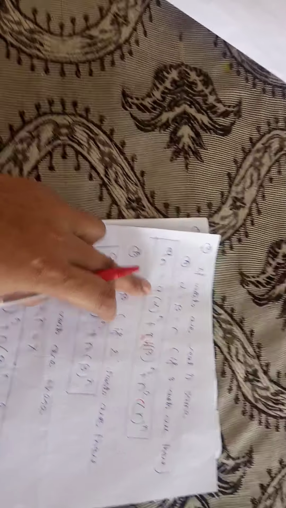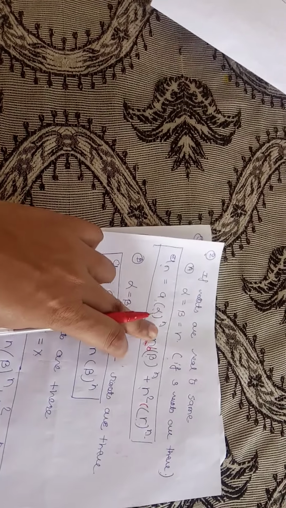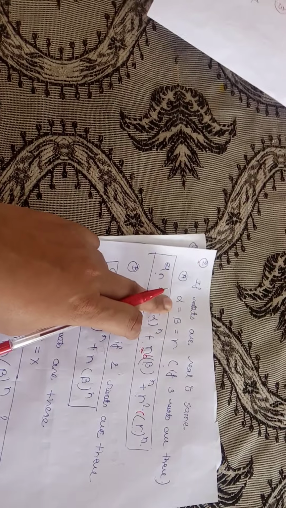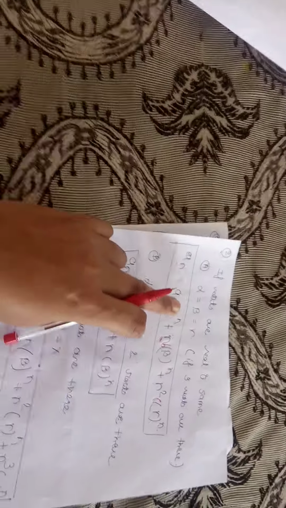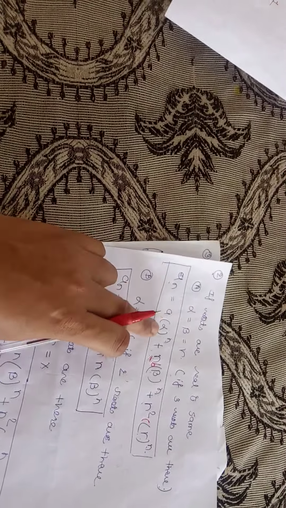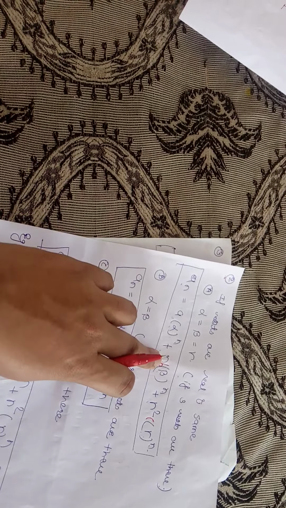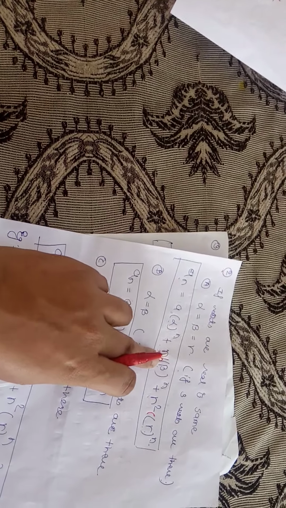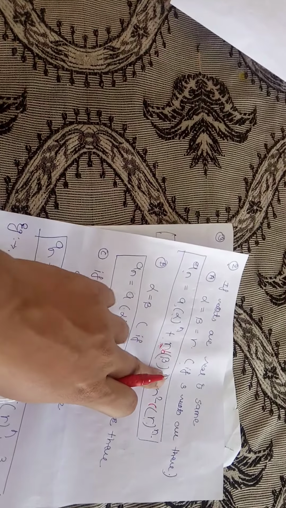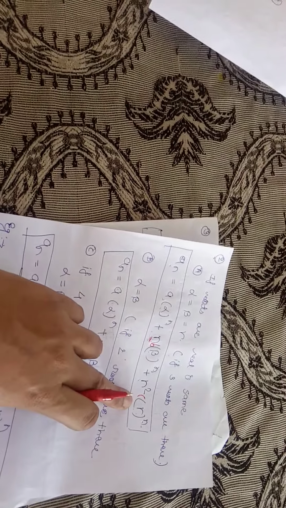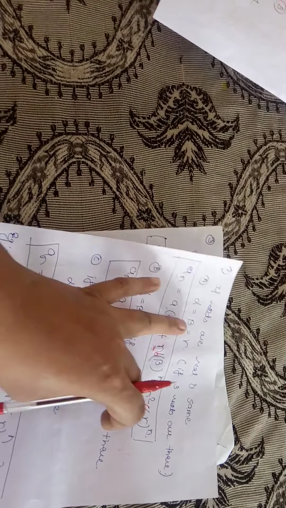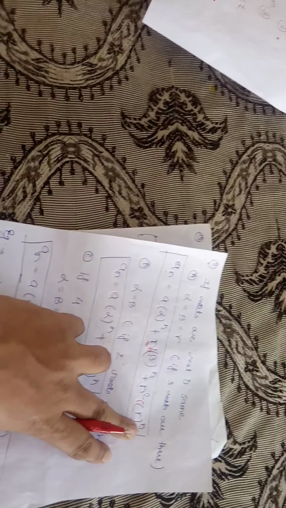Fine. So what is my resultant equation? A of n is equal to a into alpha to the power n. As it is the first term, there is no multiplication of n here. Now my second term is there, so n goes into the multiplication: n into b into beta to the power n, plus this is my third term. Fine. Third term, that's why n square into c into gamma to the power n.